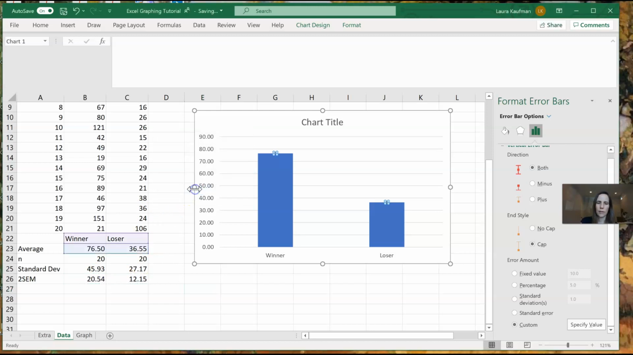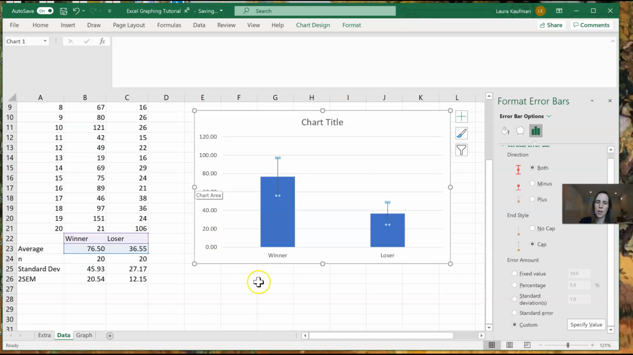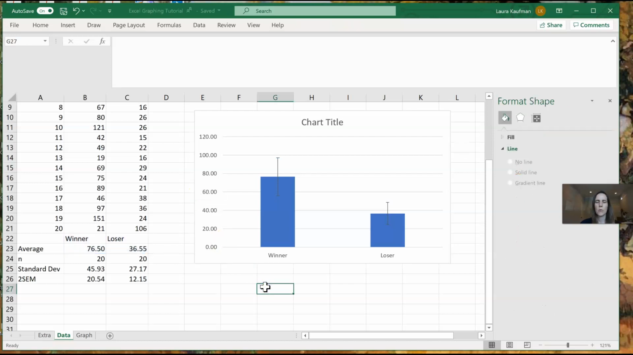And then we click OK. And there are our error bars. Simple as that. Okay, so here we have our columns for winner and loser, and our error bars are representing 2 SEM. And what this allows us to do is it gives us kind of a proxy for determining if